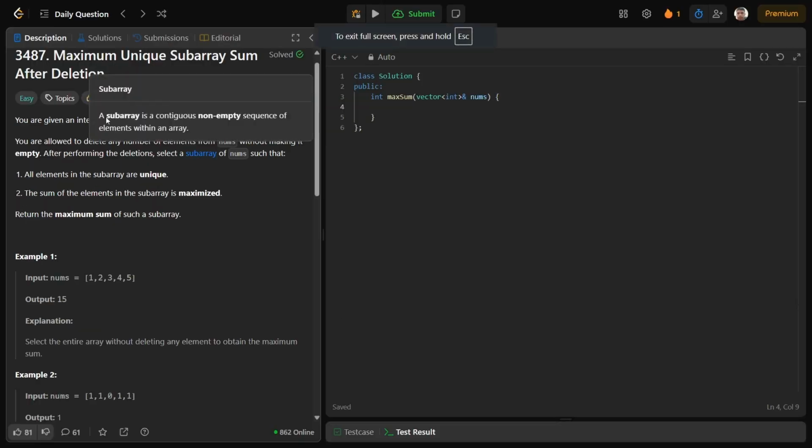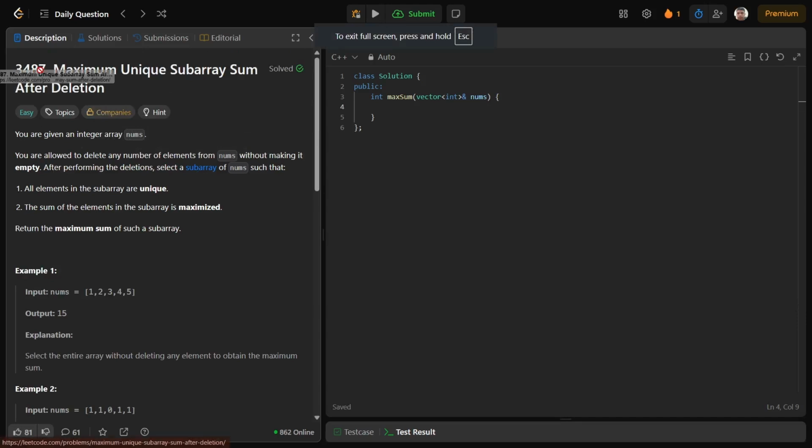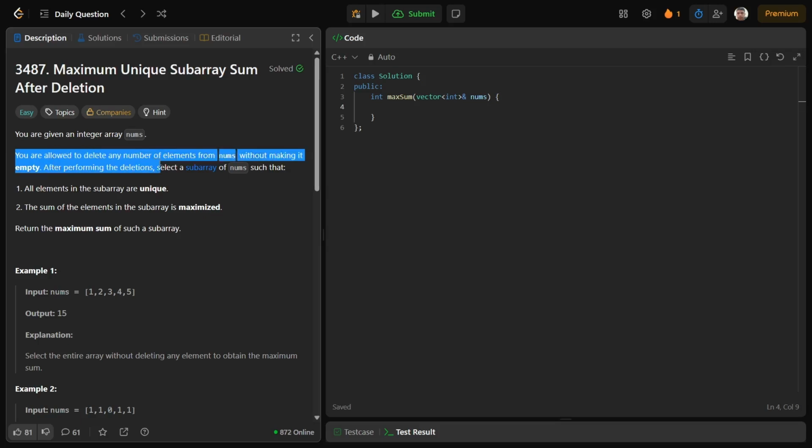Today we are going to do our today's POTD 3487, Maximum Unique Subarray Sum After Deletion. It is an easy question. So let's read this. You are given an integer array nums. You are allowed to delete any number of elements from nums without making it empty. After performing the deletion, select a subarray of nums such that